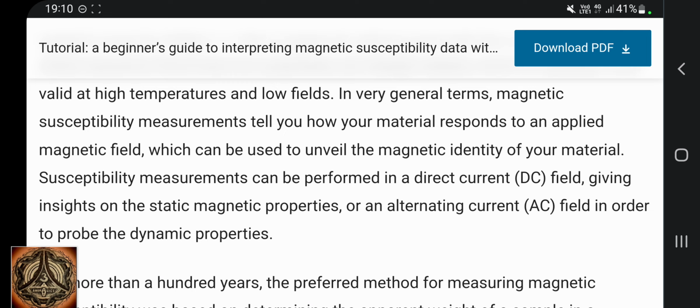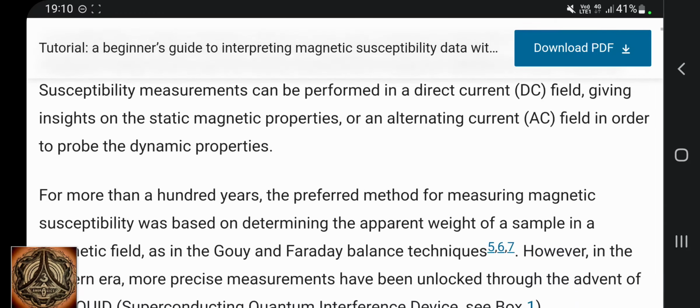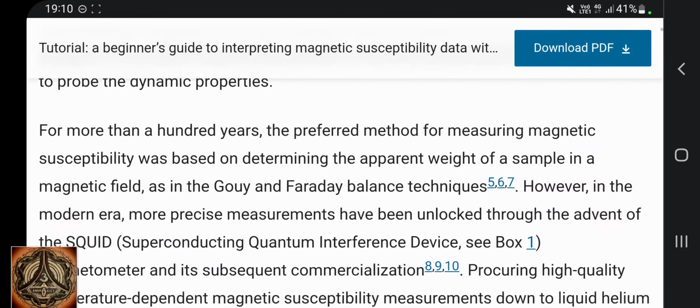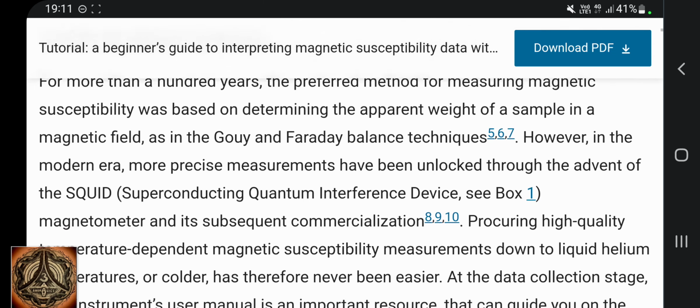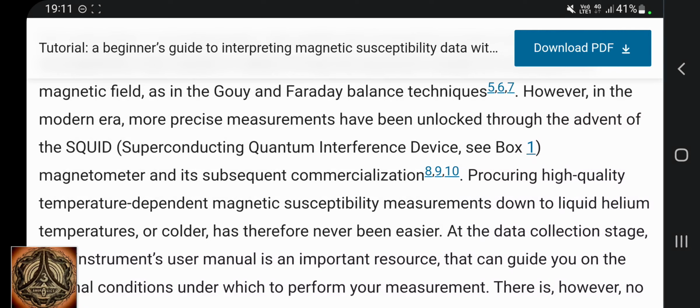Susceptibility measurements can be performed in a direct current DC field, giving insights on the static magnetic properties, or an alternating current AC field in order to probe the dynamic properties. For more than 100 years, the preferred method for measuring magnetic susceptibility was based on determining the apparent weight of a sample in a magnetic field, as in the Gouy and Faraday balance techniques. However, in the modern era, more precise measurements have been unlocked through the advent of the SQUID, superconducting quantum interference device,